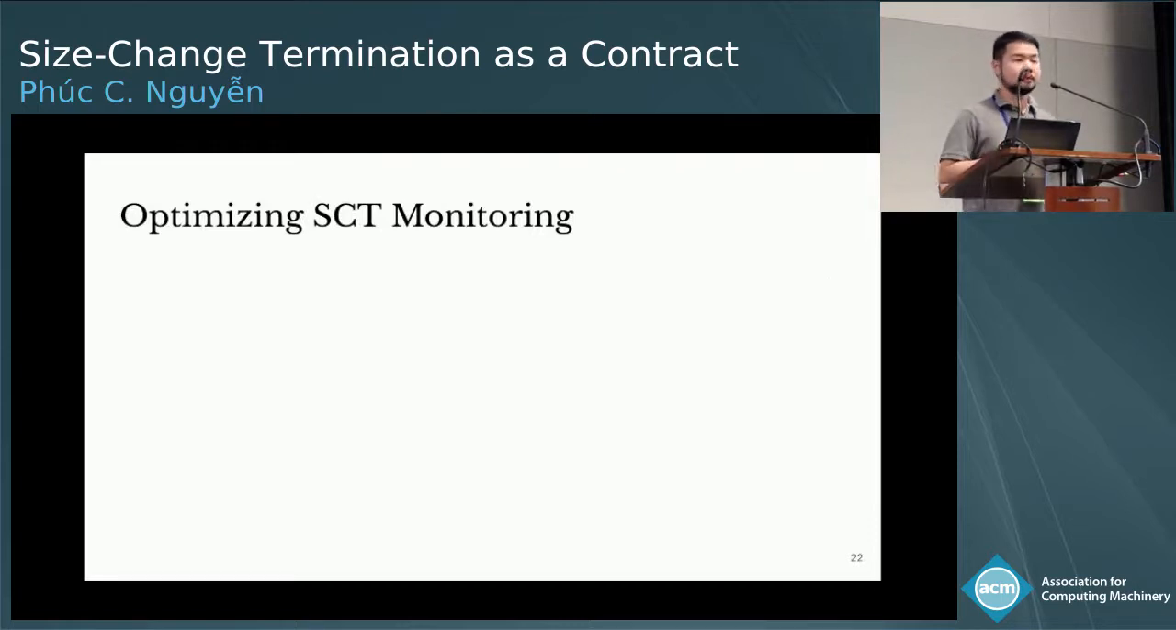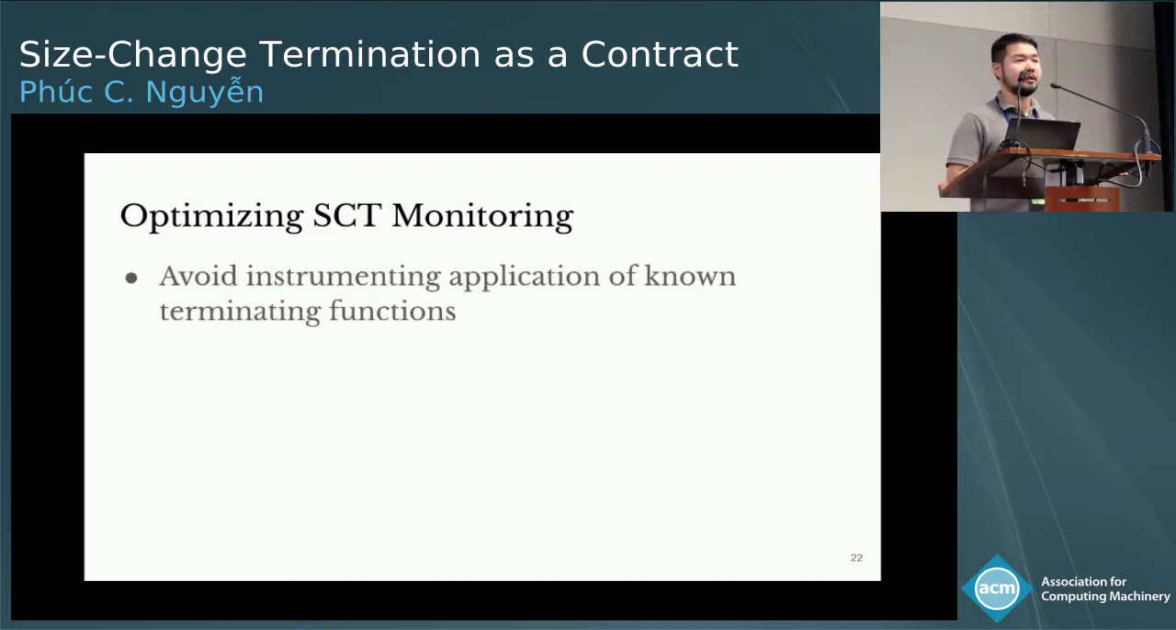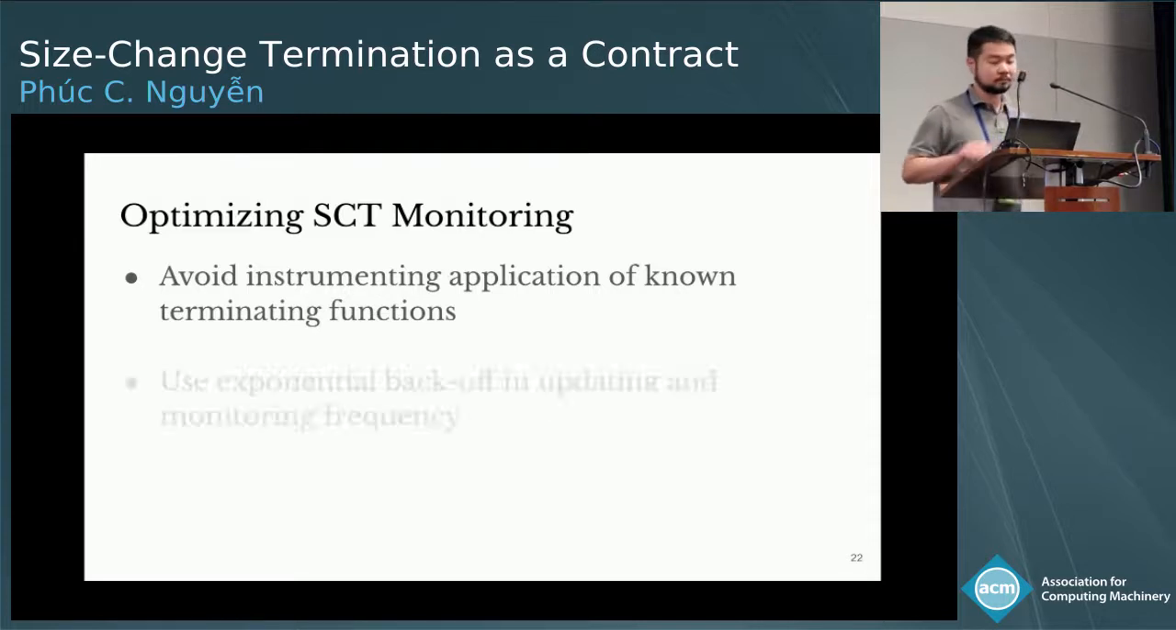So unsurprisingly, the naive implementation of sidechain monitoring is expensive, and there are a few optimizations that we can do to improve it significantly. First, we keep a whitelist of functions that are known to terminate on all inputs, such as many primitives, and we avoid instrumenting the application of them at compile time, at macro expansion time. Second,